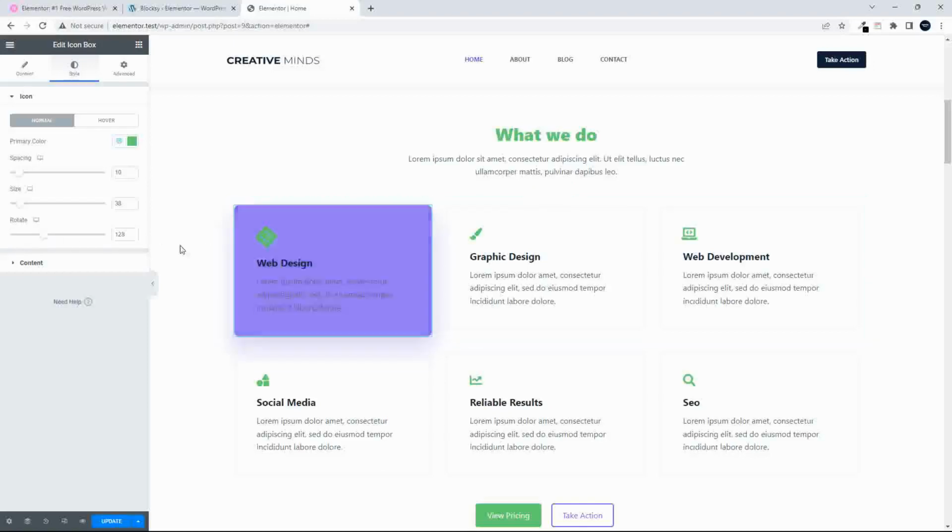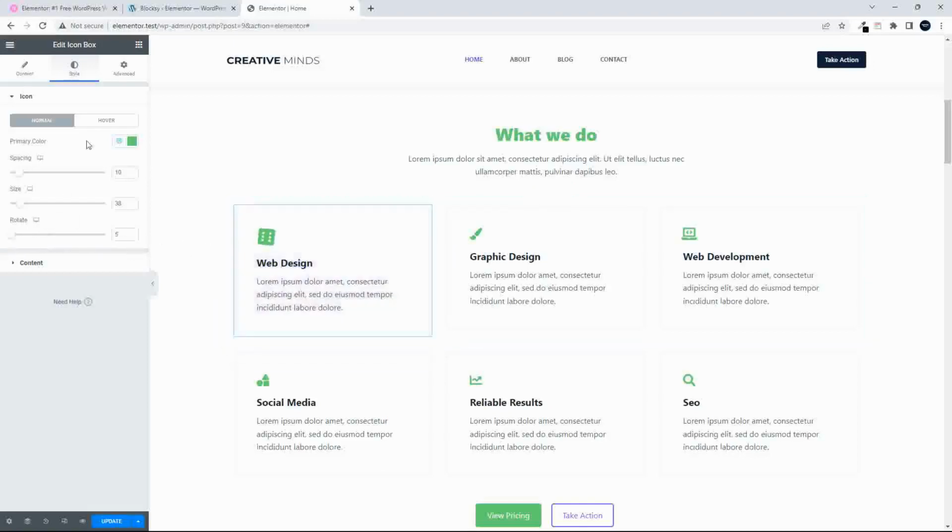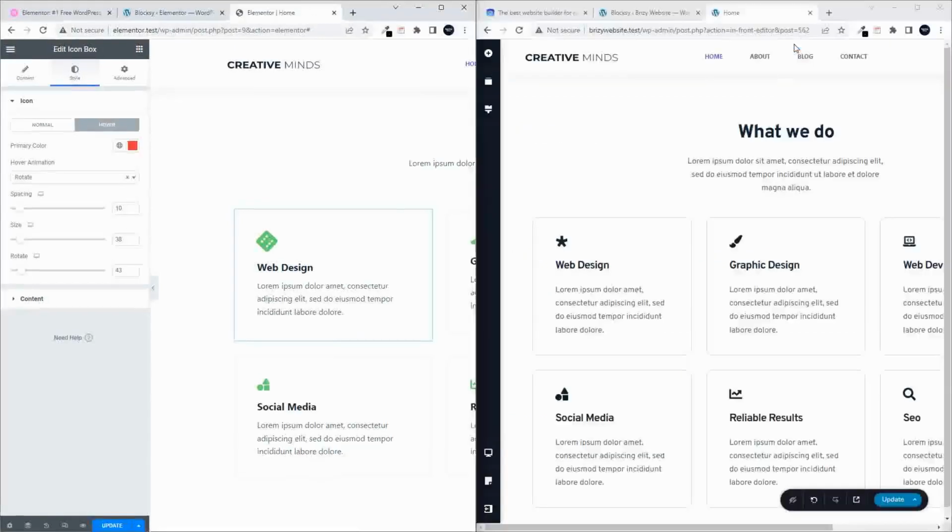So not too crazy about that feature, and never really got it to work properly the way that we wanted, where you would maybe have the dice spinning when you hovered over it, because the rotation was the same for the normal state and the hover state. So I was expecting the normal to be one number and the hover to be a different number, but that wasn't the case. So then we went over to the Brizy side,